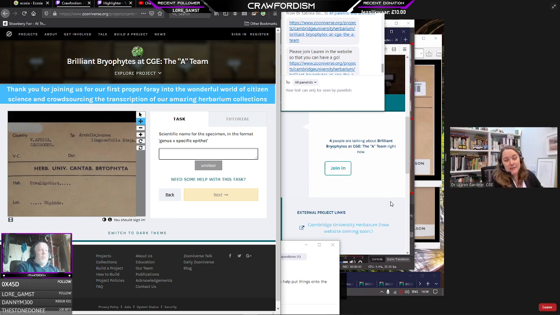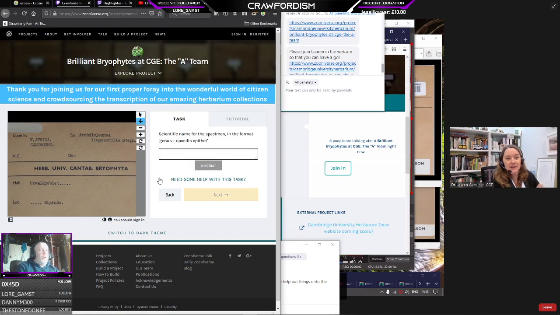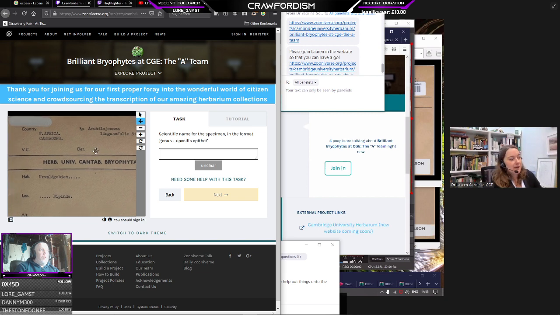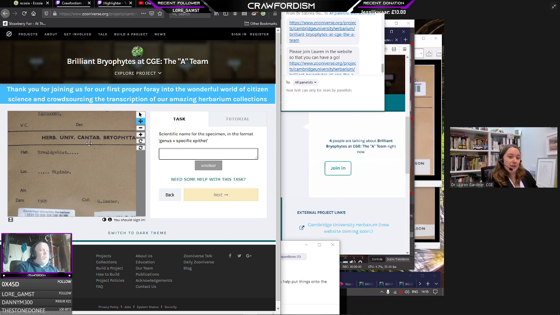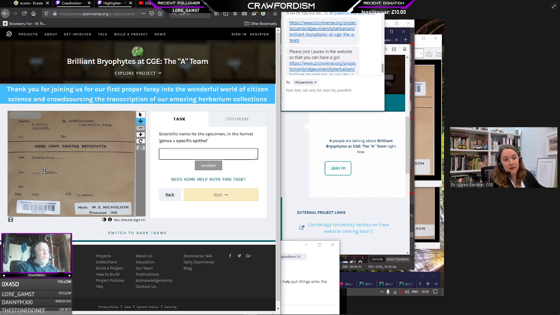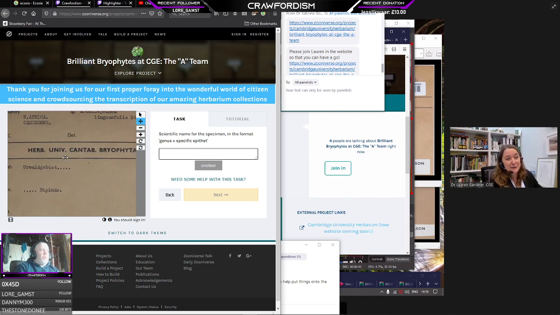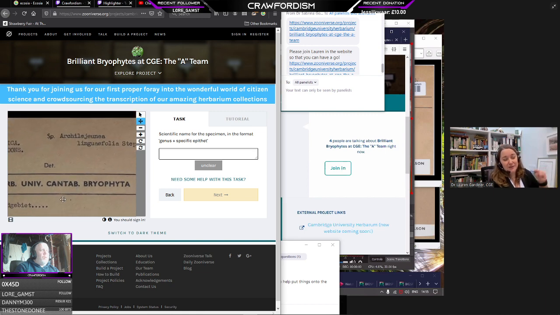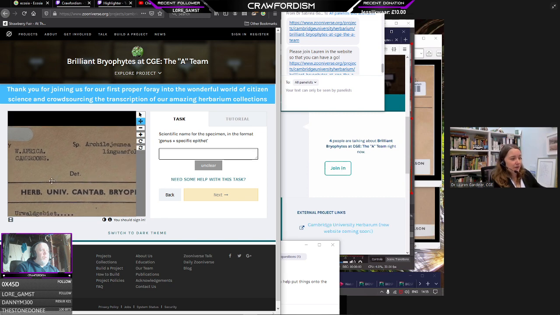But when you are looking at specimens which have handwritten labels, more standard herbarium sheets where you've got maybe multiple labels in different places and a non-standardized format and people's handwriting to decipher, then having that extra step of comparing the different transcriptions from different individuals is really, really helpful. You can see if somebody has read a particular number as a 0 or a 6, or